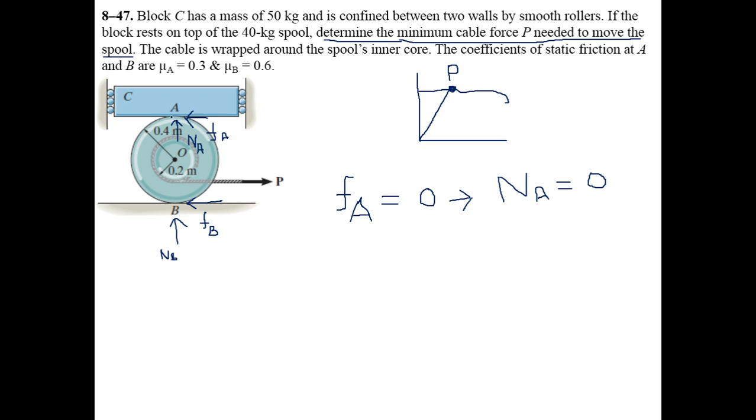So there is a clear contact between the spool and the block, so this Na cannot be 0. This is not physically realistic. Similarly, since mu A is given, Fa cannot be 0. So this will immediately give you an idea that this problem is actually not a type 2 problem, even though it is misleading. The statement is very tricky, and probably will guide you towards